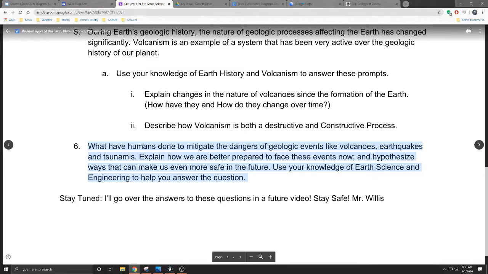And again, there are areas around the world that use volcanism to their advantage. Iceland has a huge amount of geothermal electricity that they generate from the heat underneath their island, which is volcanic in nature. So they boil water there. They use that to turn huge turbines to create electricity in those areas. So humans, for the most part, try to mitigate these things by building better, engineering better, trying to avoid areas where those things can cause some big problems and things like that.